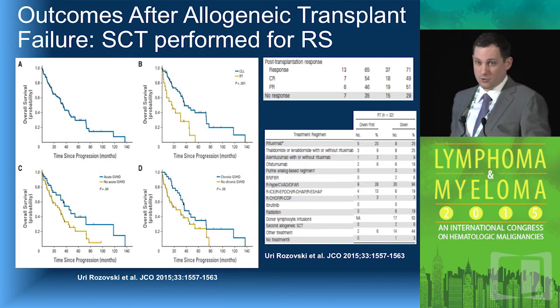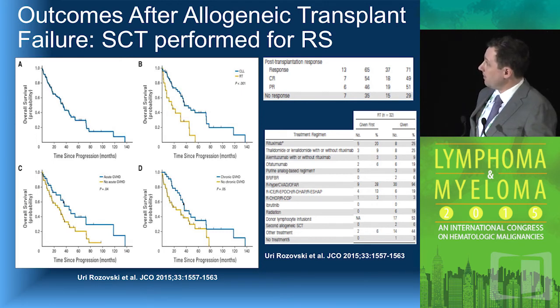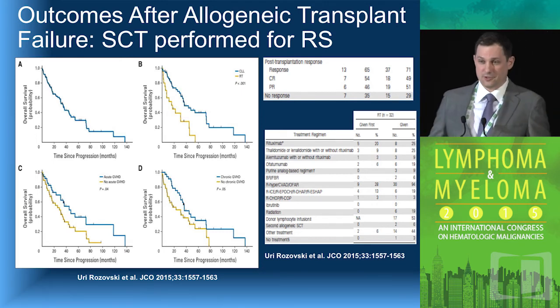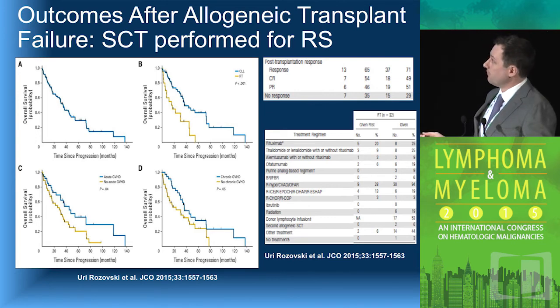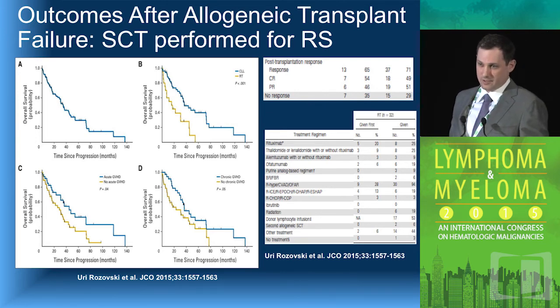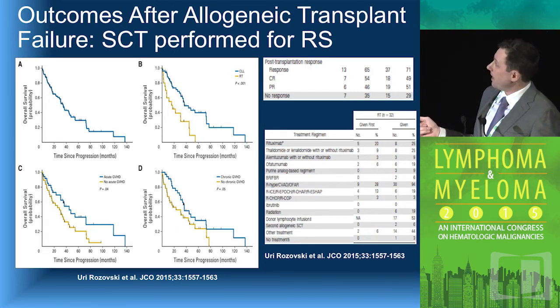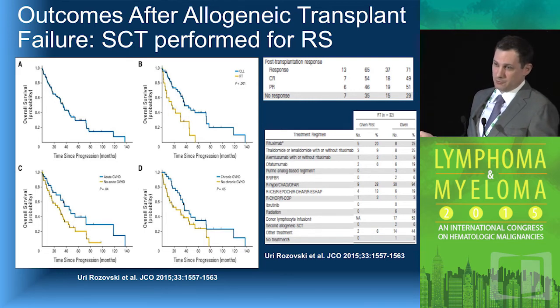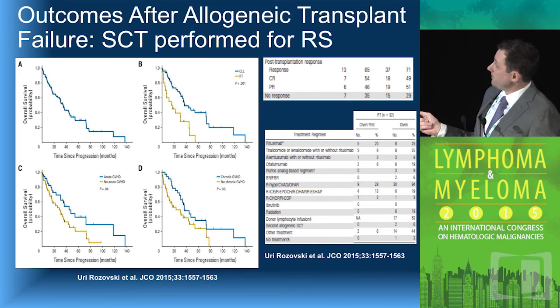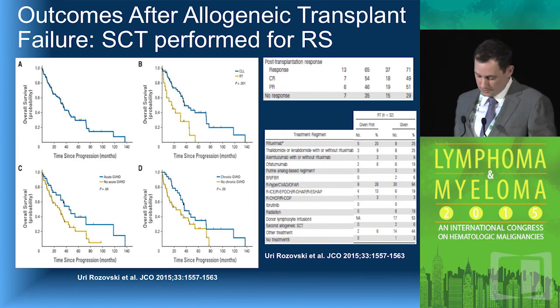The MD Anderson group also updated their outcomes after failure of allotransplant for CLL patients as well as Richter's transformations. I'll highlight just the Richter's transformation patients. You can see after failing an allo transplant, all of these patients went in with a partial response or progressive disease or refractory disease, and after failing your transplant, you're pushing it to a little under 2 years.